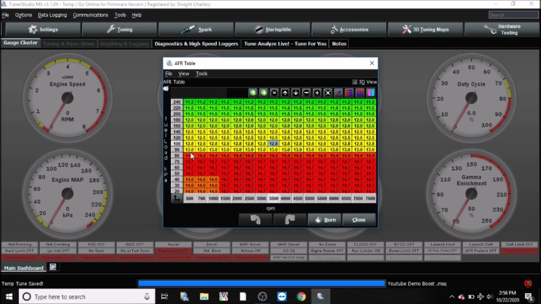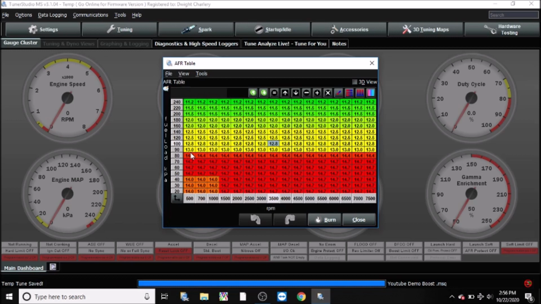Now, there is not one fuel ratio that I would say you need to run for X amount of boost. Every car is different. But typically, with smaller turbos, you can get away with leaner mixes. Smaller turbos usually make less horsepower, so you can get away with a leaner mix, within reason, of course, than say a big turbo car at high boost.